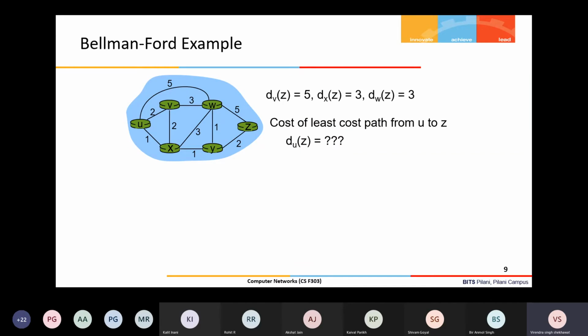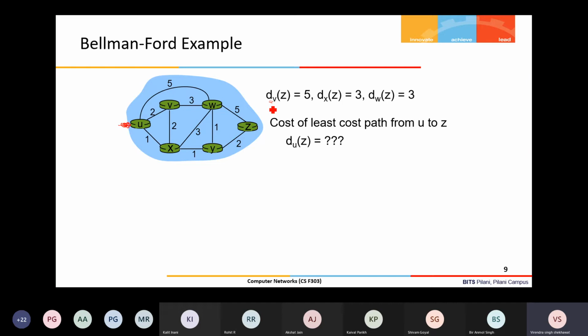So let us say this is the same topology that we considered for link state routing. Here small d means it's a least cost. It is not necessary to say with respect to which node.